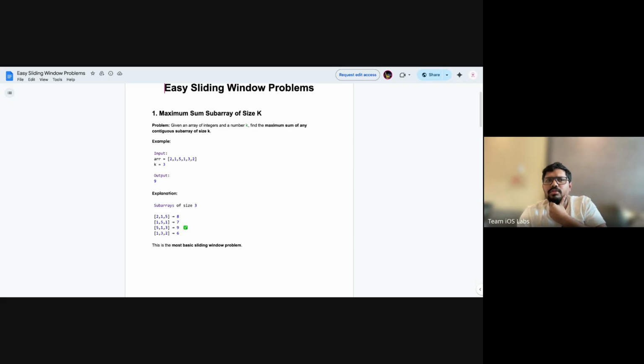So cool. Any questions so far? Anyone? Then we will move to the basics of linked list, and then we'll wrap up today. So let me open. Anyone? Any questions? Or you can thumbs up once if you're good with the sliding window and the two pointers. Yeah, perfect. Thank you.